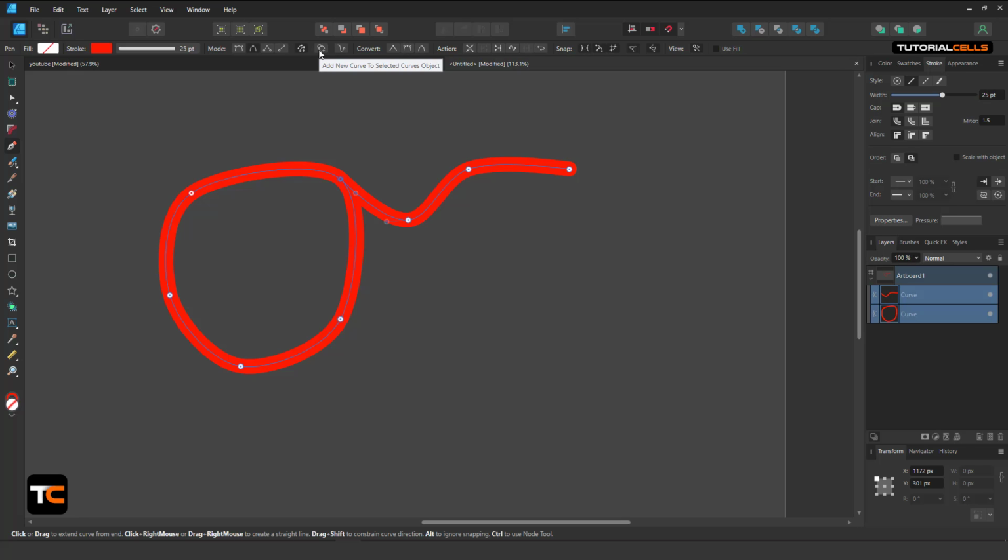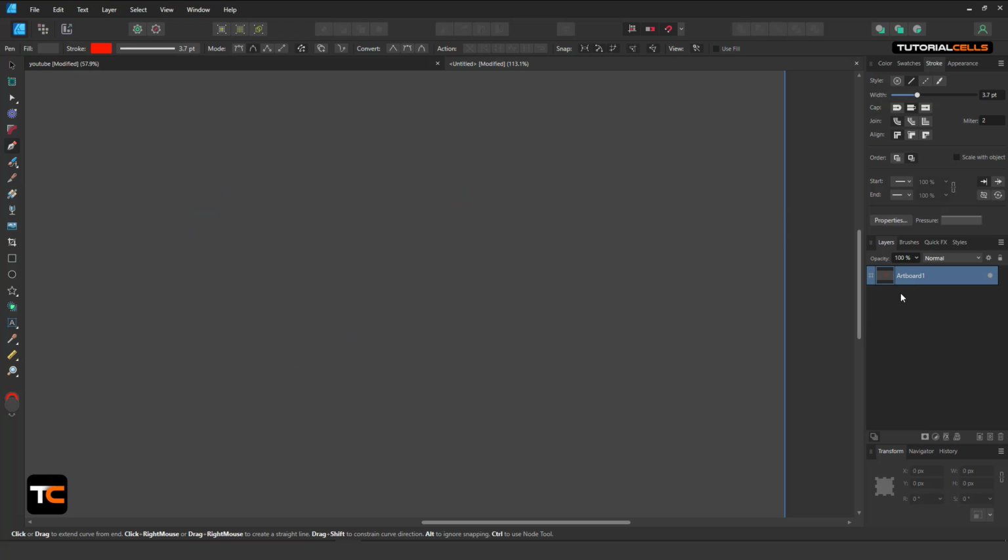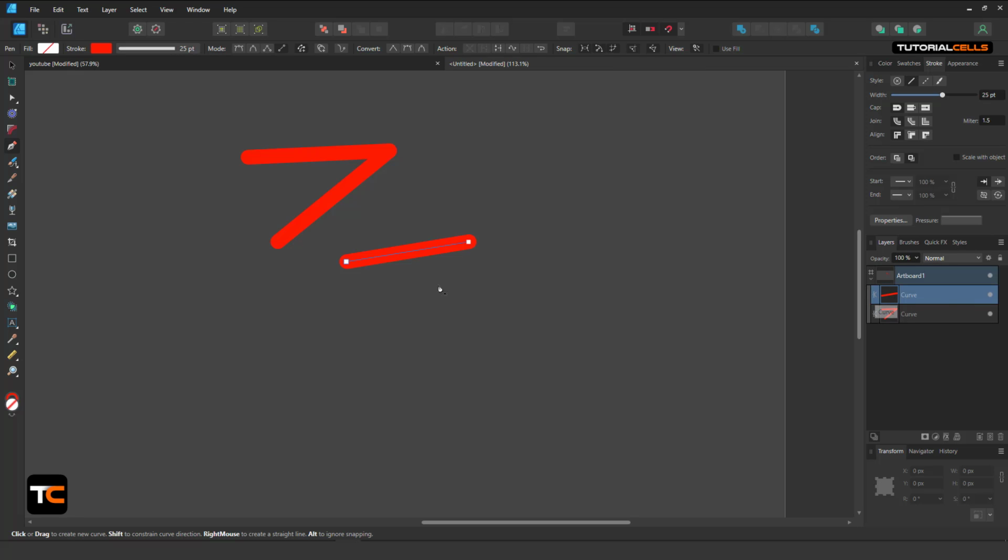Add a new curve to the selected curve. Let's delete all of them. When I create a curve, for example, going to this one point, another, escape to deselect, another curve, and as you can see, it's creating a new curve. But if you select it and add a new curve to the selected curve, if you select, and as you can see,